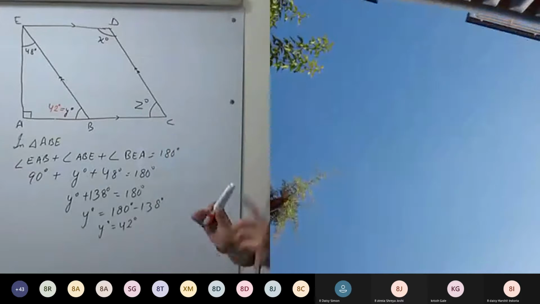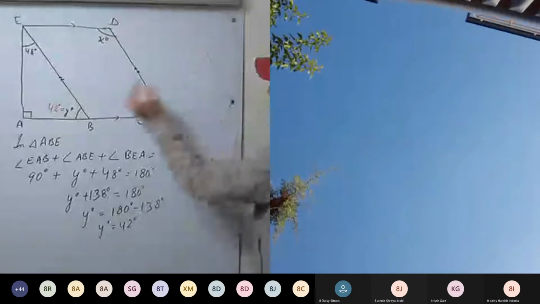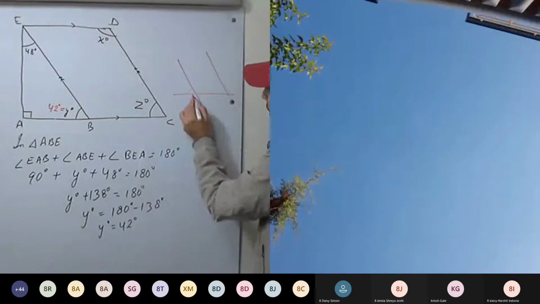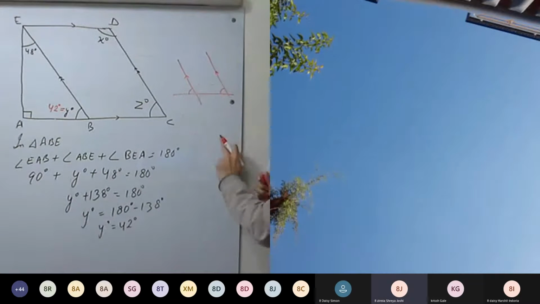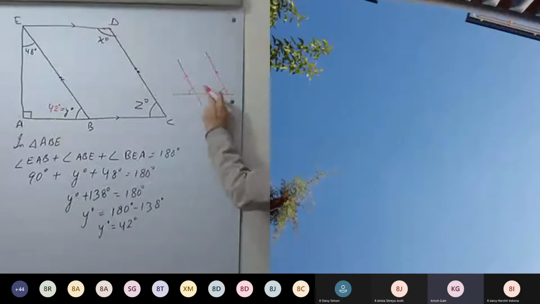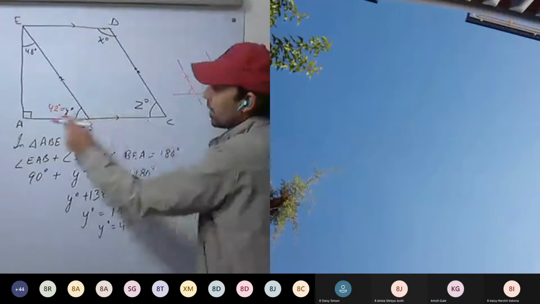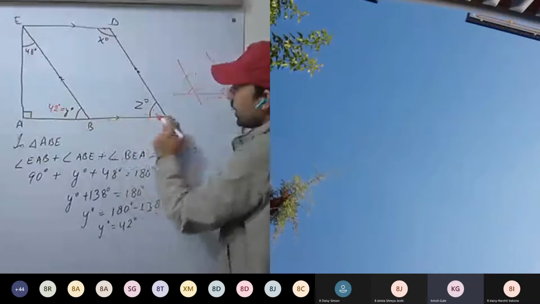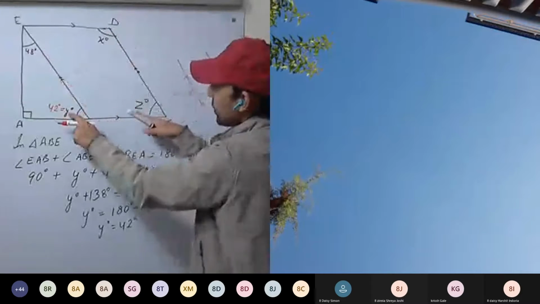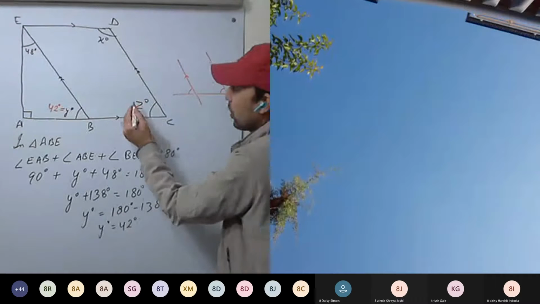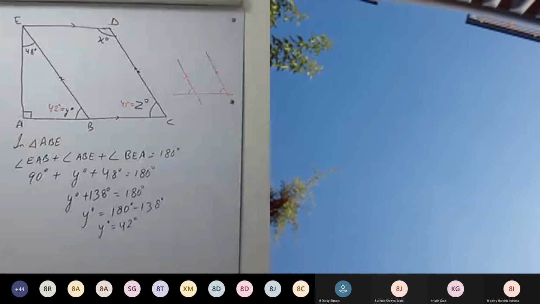So there are many ways. One way I'm telling first. See here, these two are parallel lines. So these two angles are what? Corresponding angles. Corresponding angles are equal. So these y degree and z degree, they are corresponding angles. So angle ABE and angle BCD, they are corresponding angles. So this z degree will be equal to how much? 42 degree. Okay, this is one way.